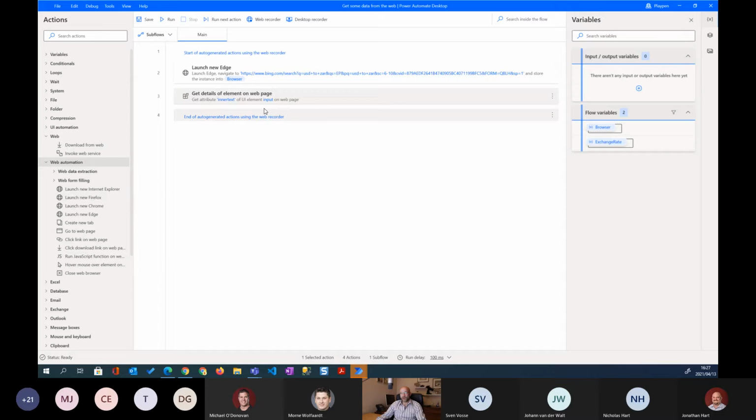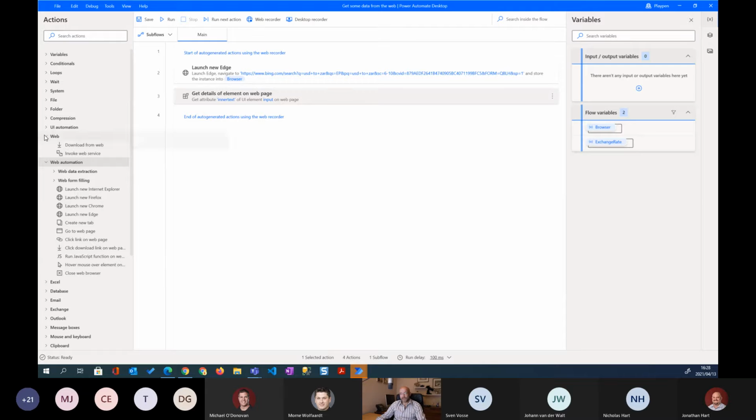During my recording, it automatically built all of these actions in this canvas, where you can also manually select these actions from this pane on the left, drag them to the canvas, give them a property or complete the properties, and then you will be able to use them as well.